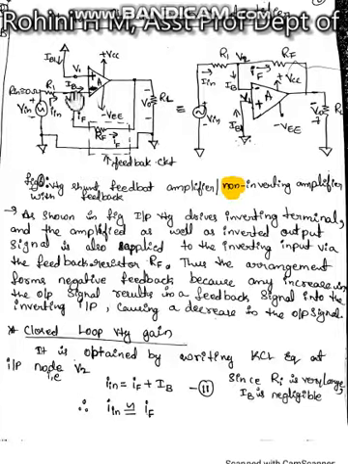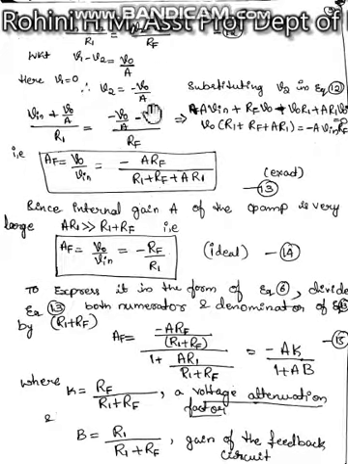Here V2 is minus V out by A. V2 can be written as minus V out by A. So when we substitute in that expression, wherever V2 is there, we are writing minus V out by A. So if we substitute in the expression and obtain the ratio V out by V in, we are obtaining